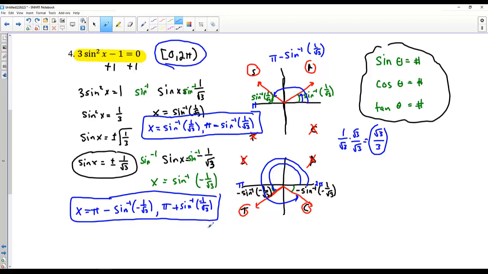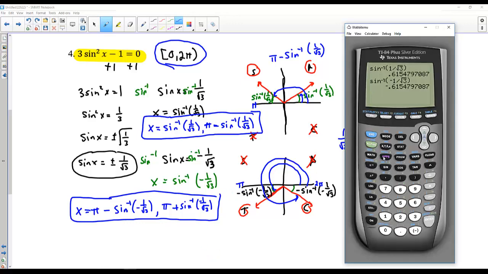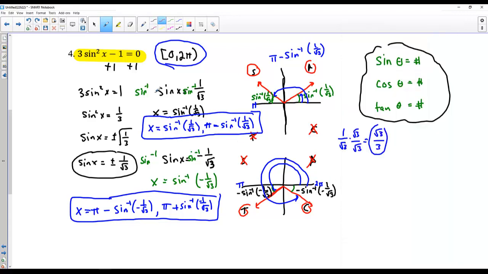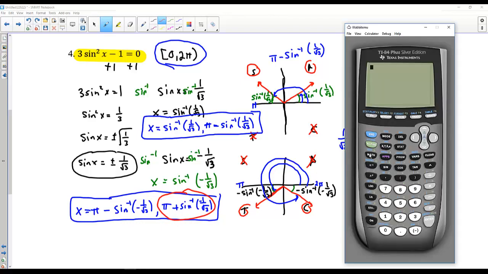You can also check your work on these. So remember, on your calculator, what I like to do is just to check my work, I just pick one. And I like to pick one kind of randomly, like this one right here. If this one works, I bet they all should work. So let's just check this one. On my calculator, I'll do second raised to, which is a pi, I'll add second sine inverse right here, and then I'll type in negative 1,